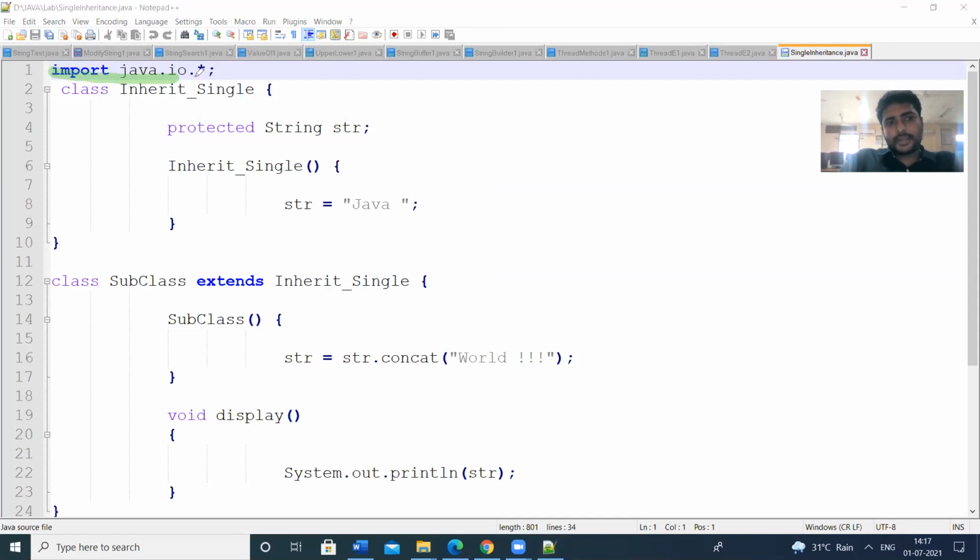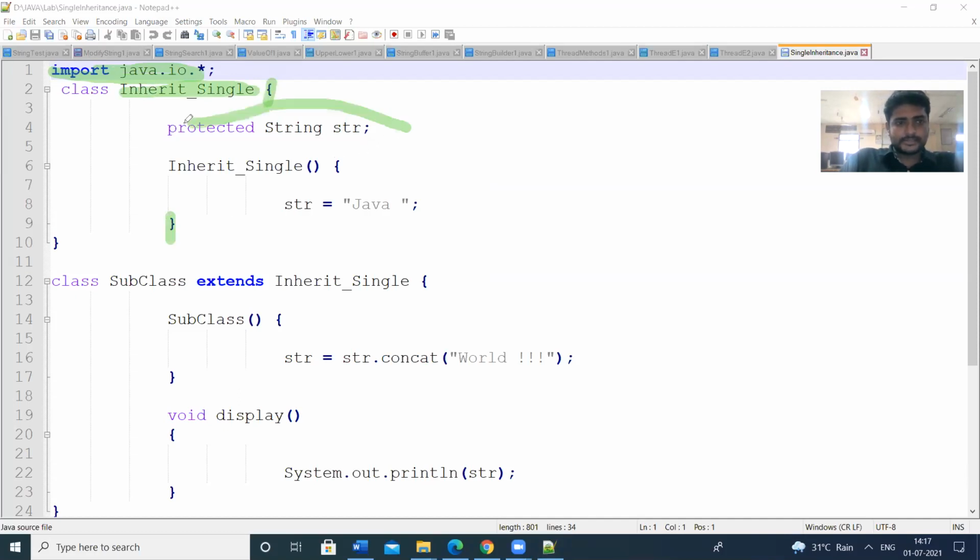Here I am importing the IO package, and then I am defining the class. The class name is inherit single. That means single inheritance. That's why I have given the name inherit single. This is the class I have defined.